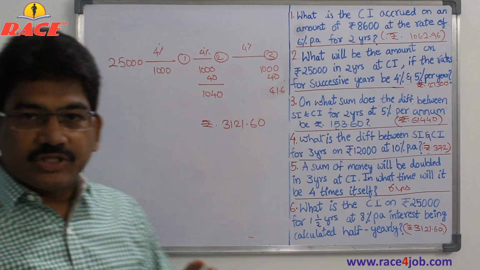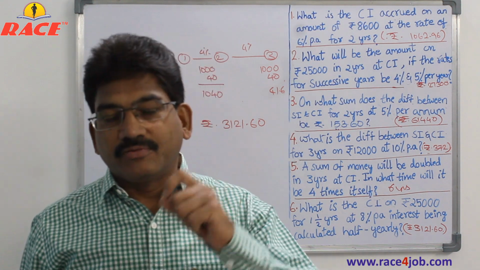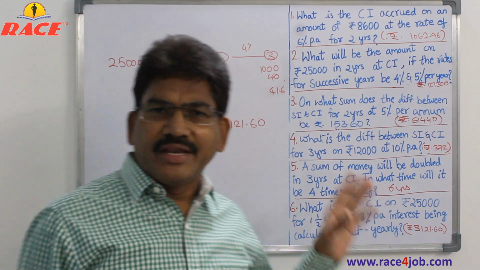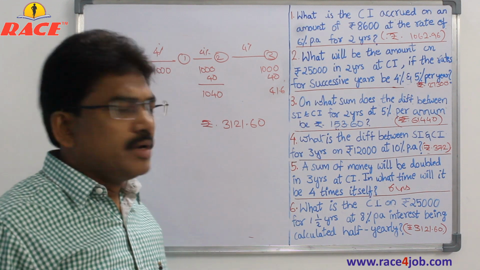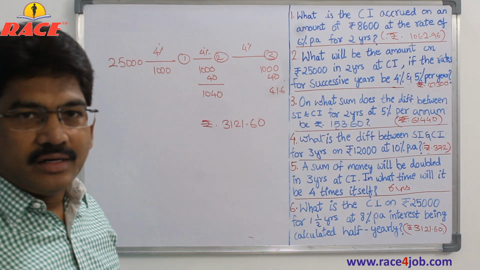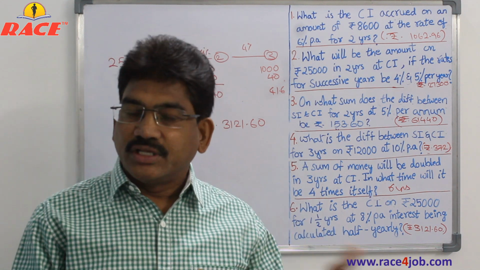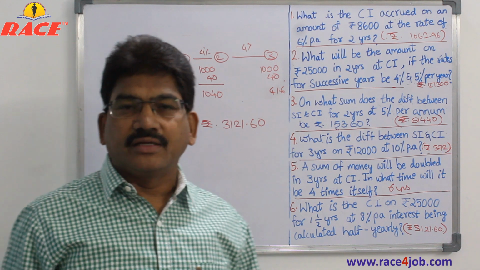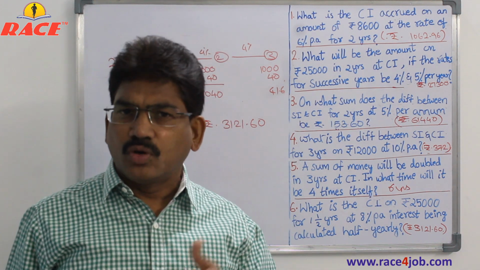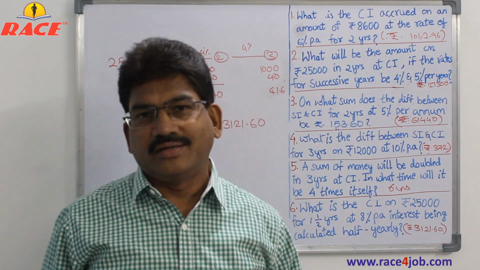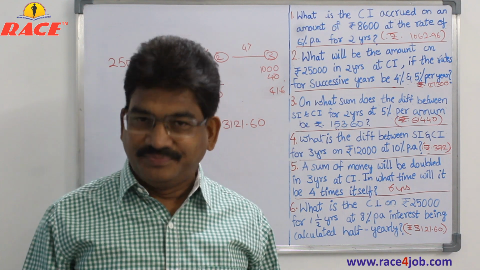Like this, whichever way you want to calculate the compound interest, we have not used any formula anywhere, so it is not required also. In most cases it may not be required, rarely we use the formula. Most of the cases, without using the formula, you calculate interest separately and add, you get the interest, or you calculate accordingly, like if it is 3%, 103%, how many number of times you have to calculate, you calculate. Then it is easy for you. And if you practice, calculations also will be easy for you. Thank you.